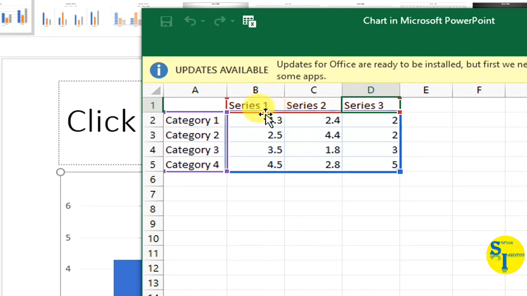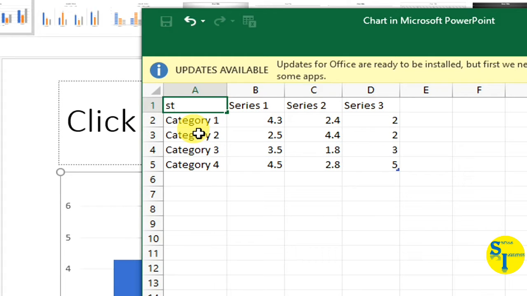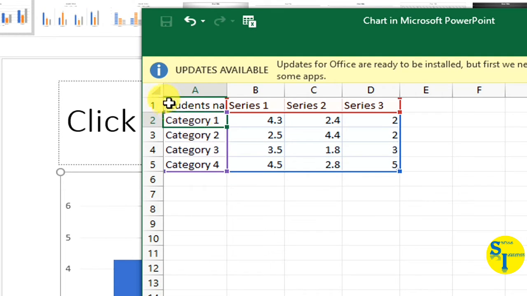You have to type students. The first category will be name. Category will be student names.